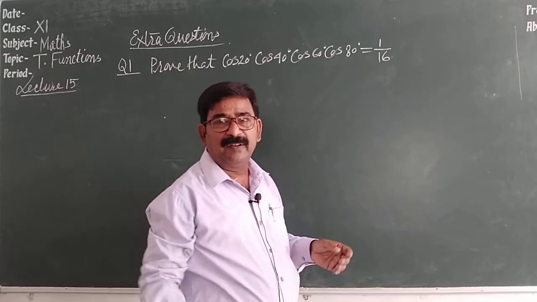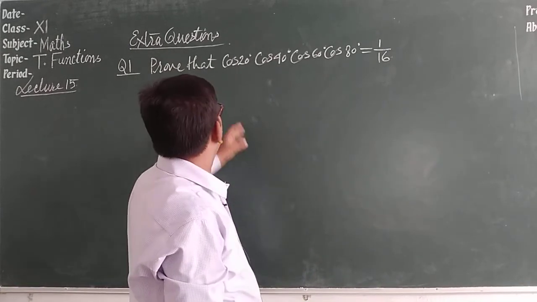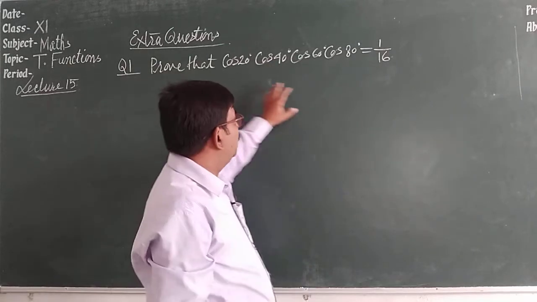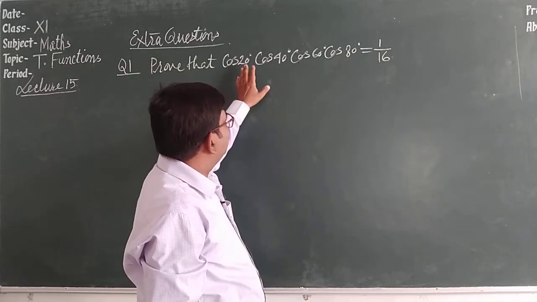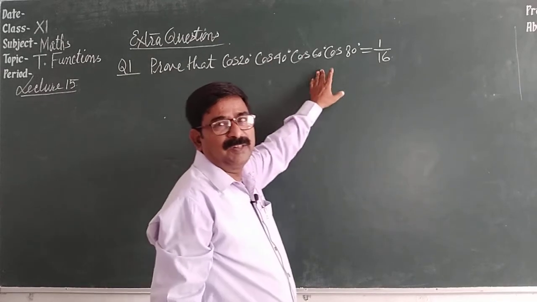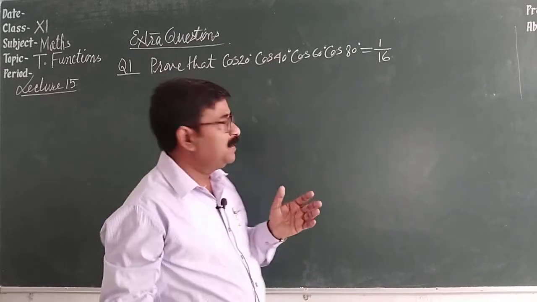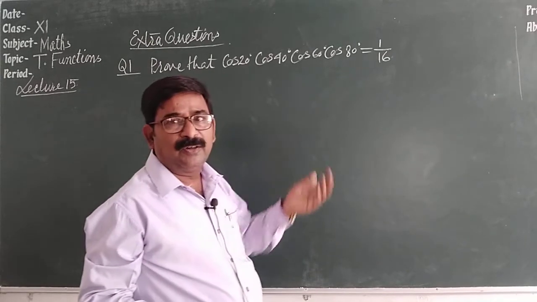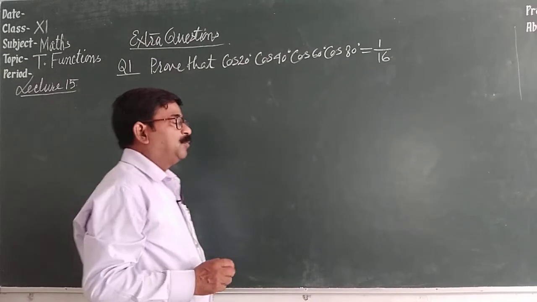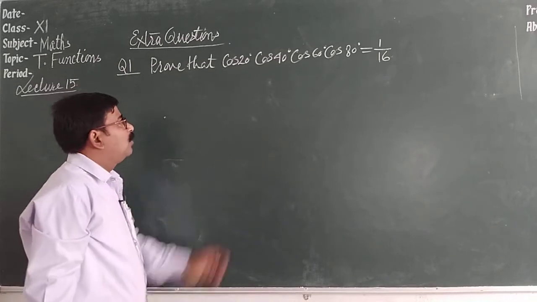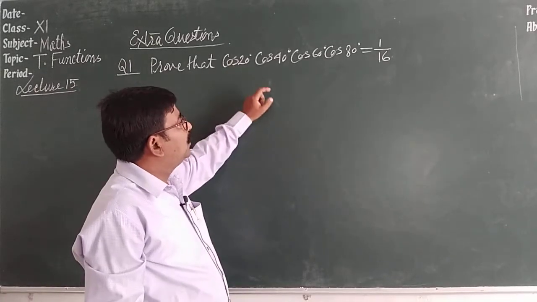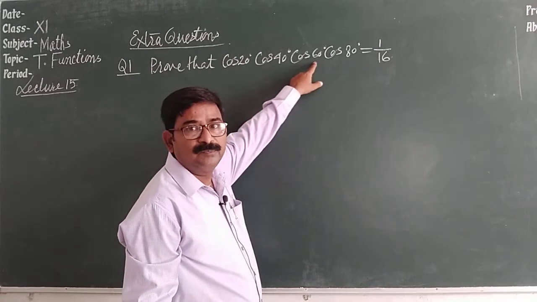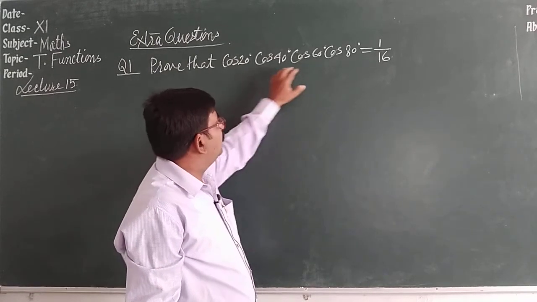It may be given in sine also. Sine 20, sine 40, sine 60, sine 80. It may be given cos 10 degree, cos 30 degree, cos 50 degree, cos 80 degree, like that. Means you will be given some angles with ratio sine or cos. Now we have to prove this. The best way out of these, you will observe that one of the ratios is given with known angle. So this can be taken first